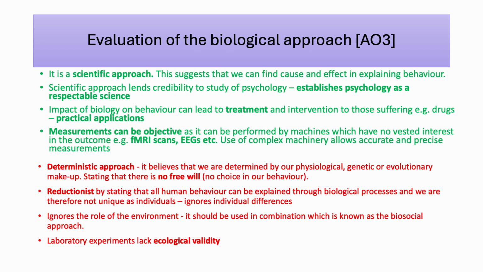So, a strength of the biological approach is the fact that it's scientific. And when we get to other approaches like the psychodynamic or the humanistic approach, they are not scientific, and psychology is a science. So we want to be able to identify cause and effect in behaviour. We want to be able to identify what chemicals in the brain lead to mental illnesses. So by the biological approach being scientific, that's very advantageous. And it gives credibility to the study of psychology because it means people respect the discipline, and it encourages more funding into psychology to, again, help with mental illness, develop treatments, etc.